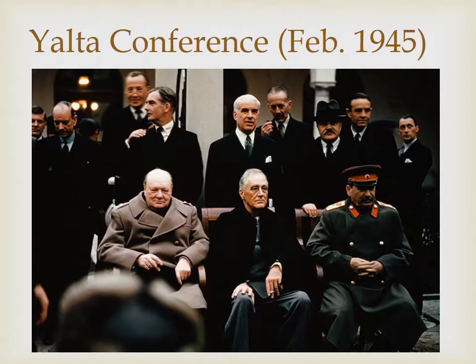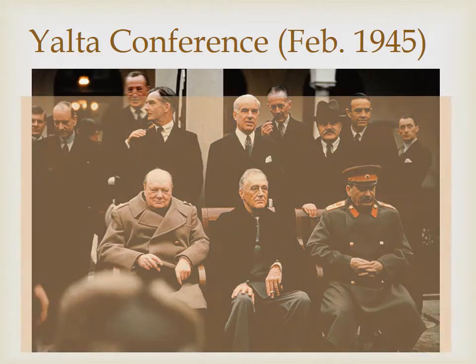So one of the first treaties to end World War II is the Yalta Conference in February 1945. And you see here all the way to the left is Winston Churchill. In the middle is Roosevelt. And on the right is Stalin. So pay attention to Roosevelt. He is going to grow old. He has polio. And so he's going to get very sick in the next 4 years. So I want you to have an image of what he looked like in 1945.